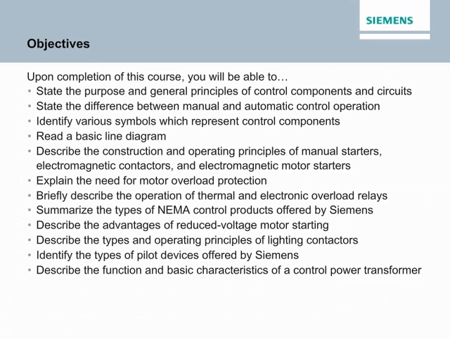Upon completion of this course, you will be able to state the purpose and general principles of control components and circuits, state the difference between manual and automatic control operation, identify various symbols which represent control components, read a basic line diagram, describe the construction and operating principles of manual starters, electromagnetic contactors, and electromagnetic motor starters, explain the need for motor overload protection, briefly describe the operation of thermal and electronic overload relays, summarize the types of NEMA control